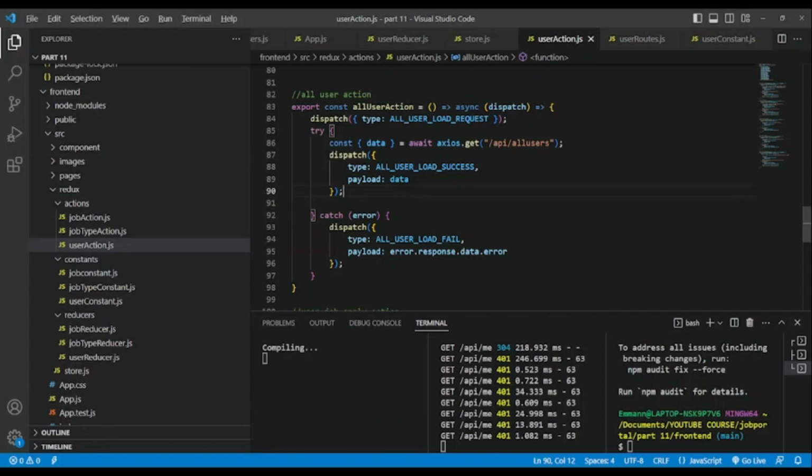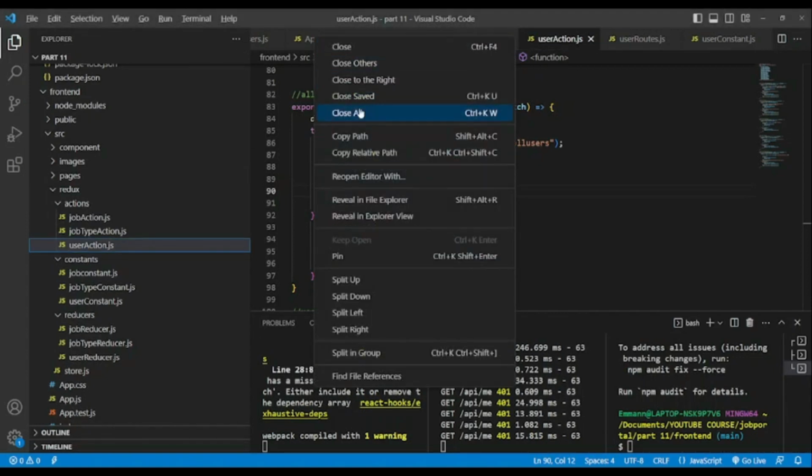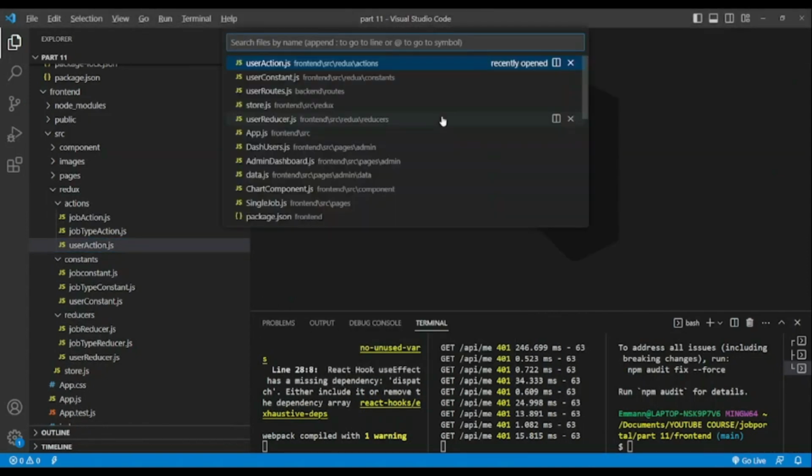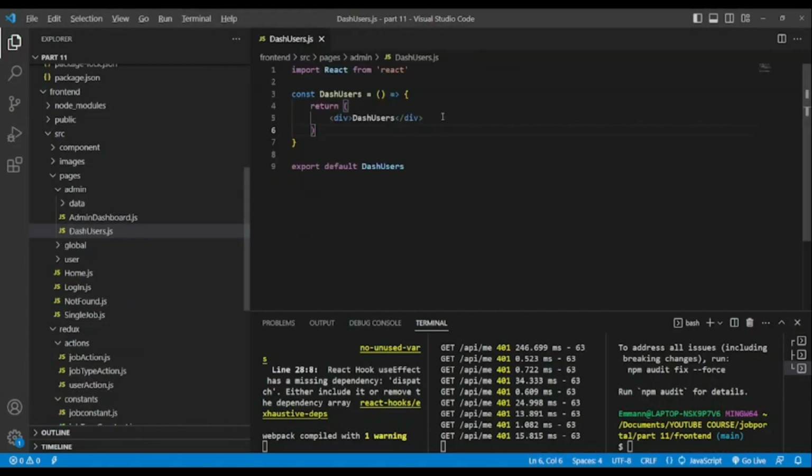And we save. Make some cleanup, and after that, we go to dash users,